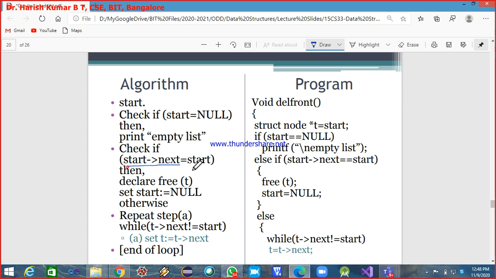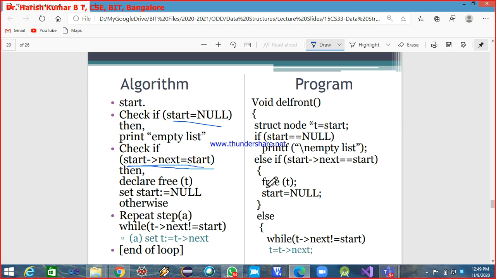So can you tell what we are checking here? Start arrow next is equal to start. What case is this? So this is an empty case. And what case is this? Now using this condition, we are checking for what? What does it mean? Please talk.